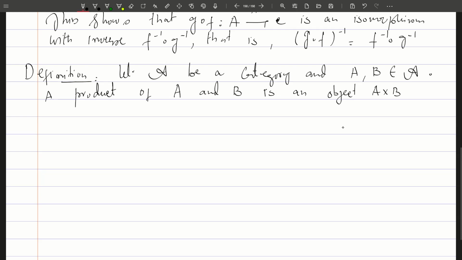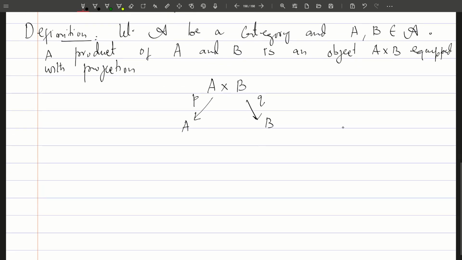But this object is equipped with projections. I mean we have two projections from the object A times B to object A and object B. Now this is the projection to the first component, which is denoted by P, and this is denoted by Q. Now we call this A cross B the product of A and B such that